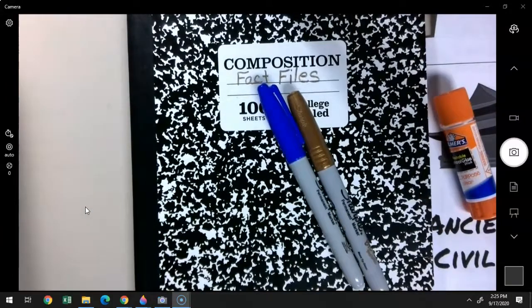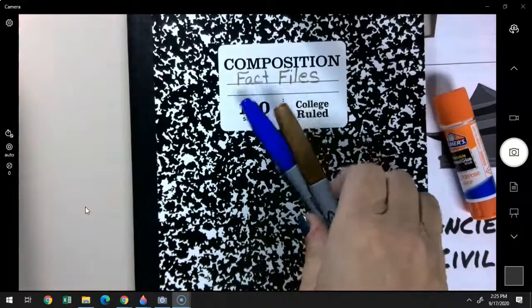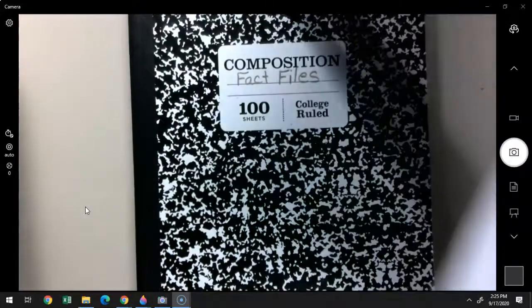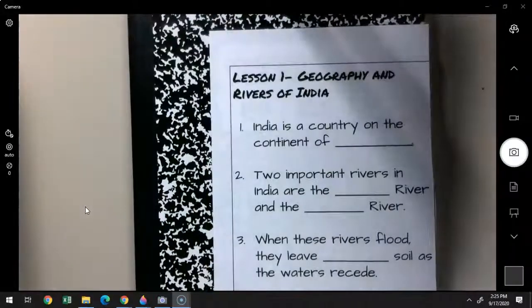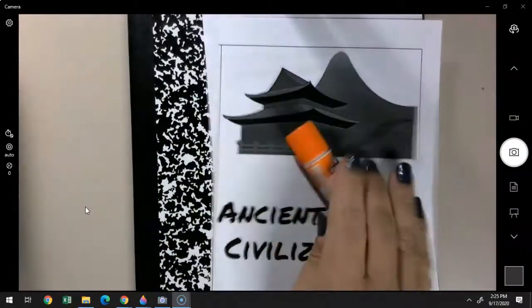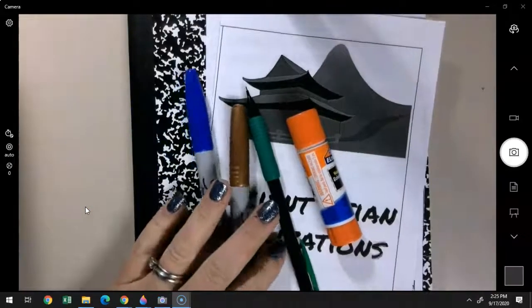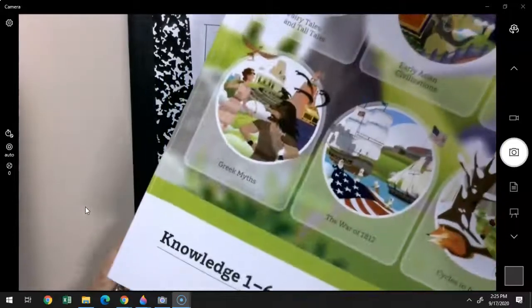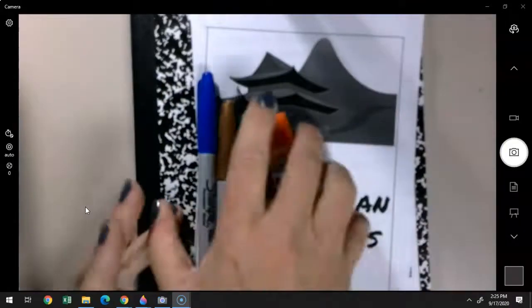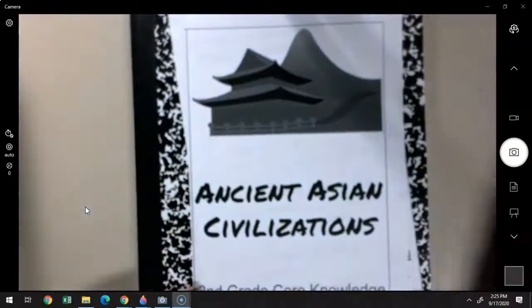So get all of those things gathered up. If you want to pause this, get it all ready. So fact files, title page for Ancient Asia, lesson 1, glue, pencils, brown and blue, and also this knowledge book. Okay? All right. So if you want to pause it, go ahead, and then we're going to get started.